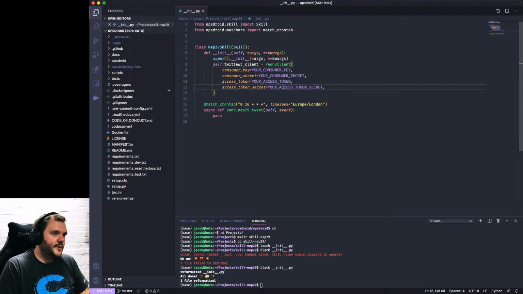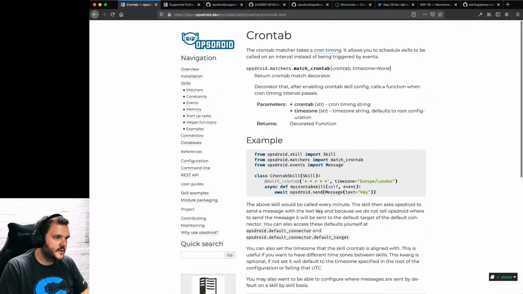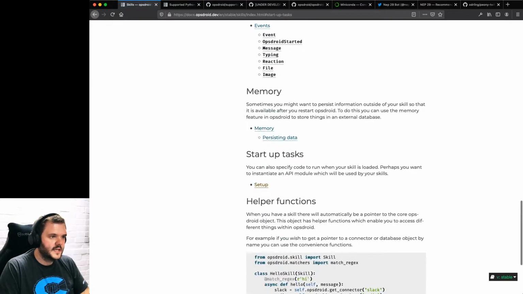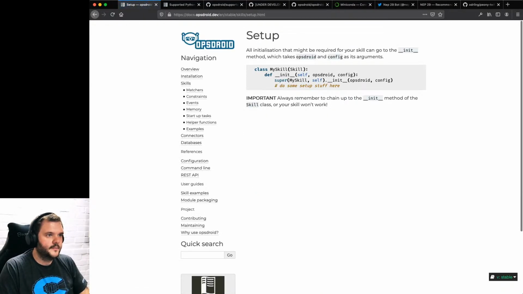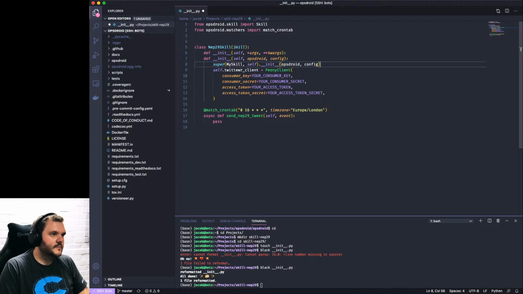So these things I want to get from my Opsdroid config really. I assume that's what these do. Where's the Opsdroid config gone? Startup tasks. Setup. There we go. I'm just going to copy this. Don't actually. Ooh, yeah. Okay, that's fine. I'm going to do that.